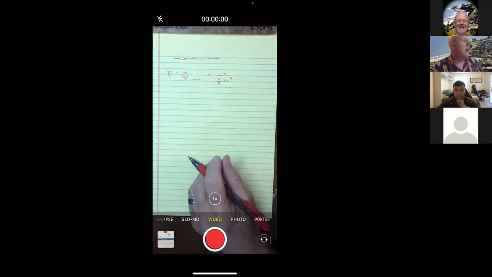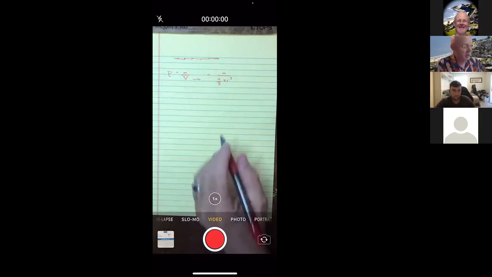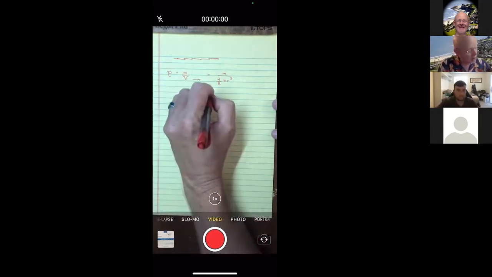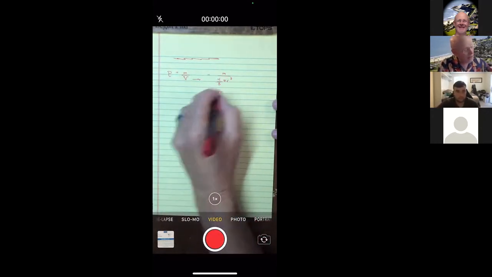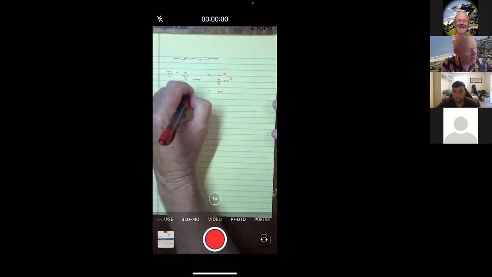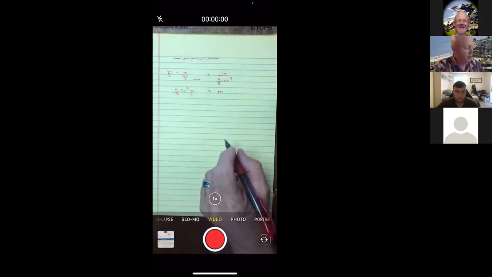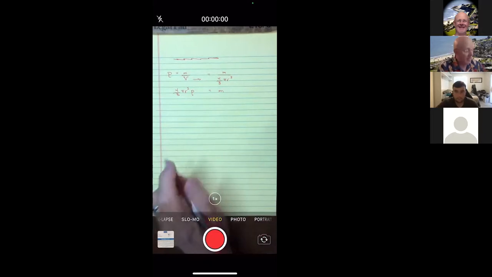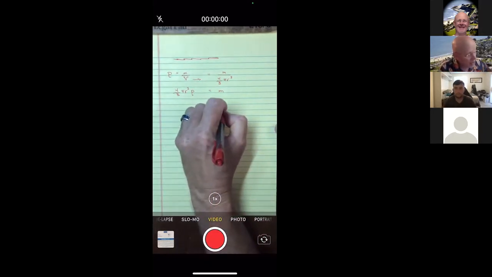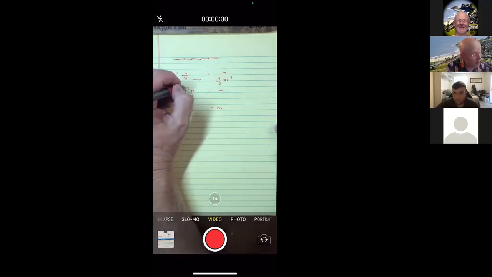Step 2, using algebra to isolate mass on one side of the equation. So I'm going to move that to the other side of the equation. So I'll have mass over here, and over here I'll have 4/3 pi r cubed times rho. It says here, these steps produce this equation. Now, this equation means everything else but this r